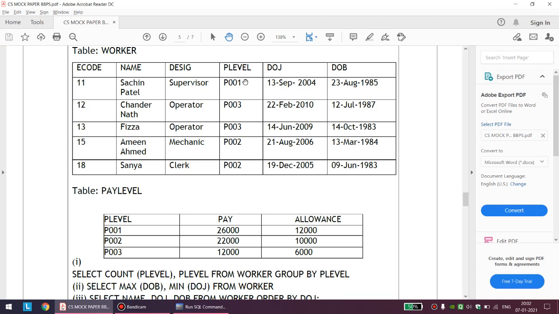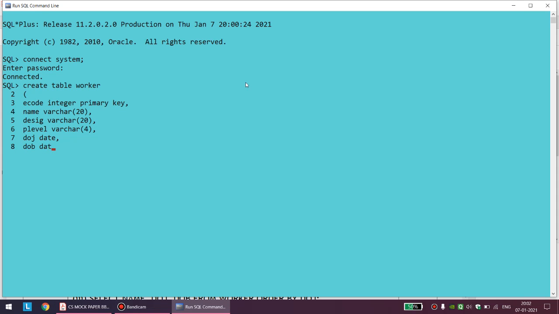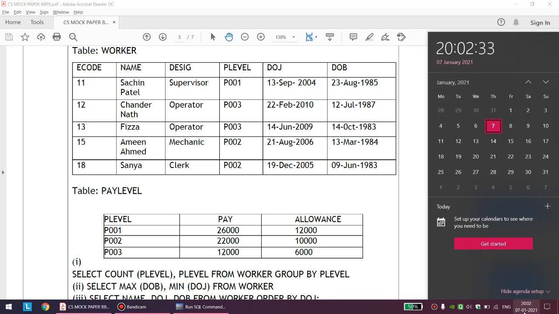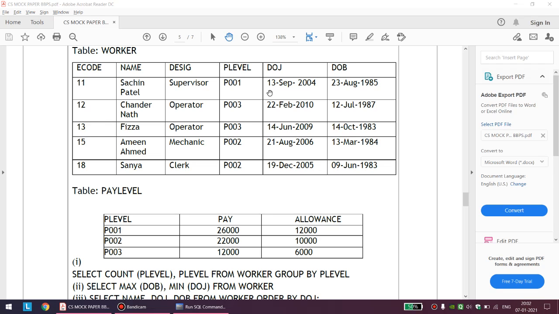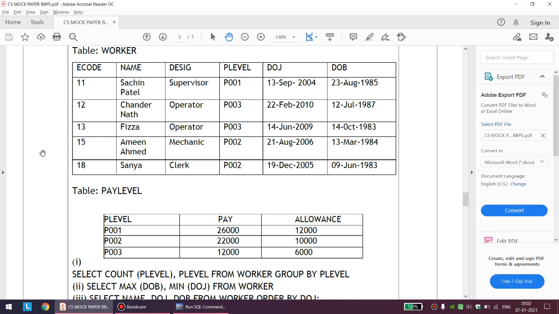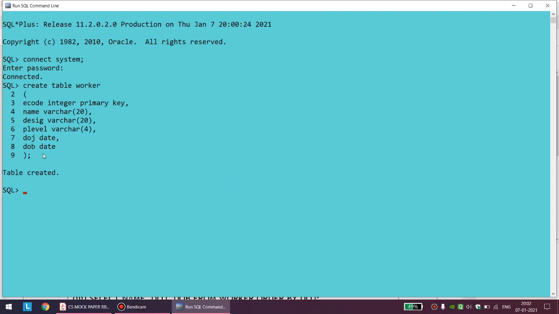One more thing, once I am typing this, we already learned in 11 standard that this date will be supported as per the system. Whatever date format my system supports, SQL can also support date in that format. So it is okay when you are creating the table, if your date entry is not like that, just make sure months and everything are followed well. Okay, so I think I am okay with the table creation, and as you can see, the table has been created. Fine. Now we will write some data into it.